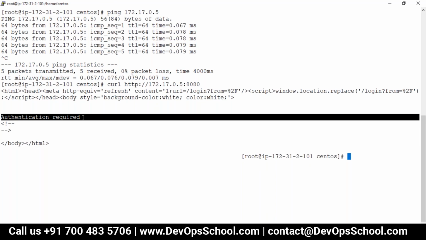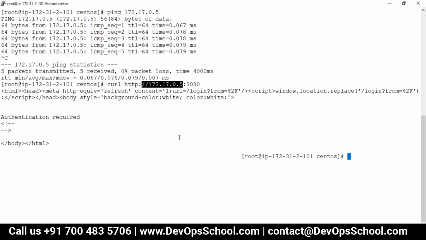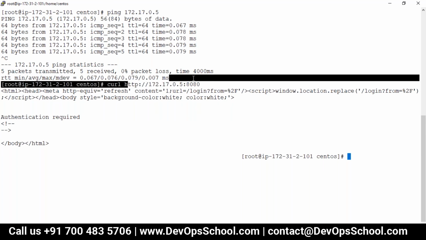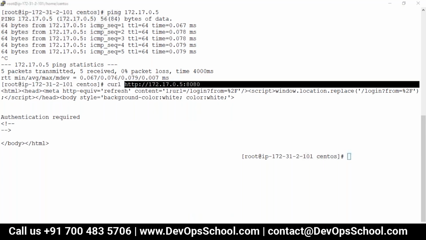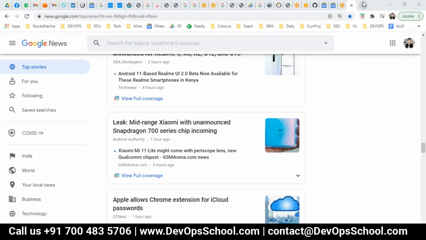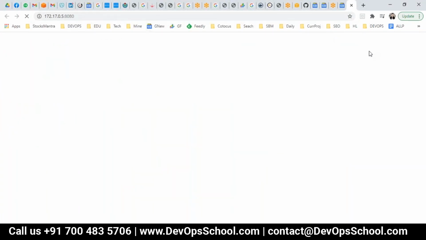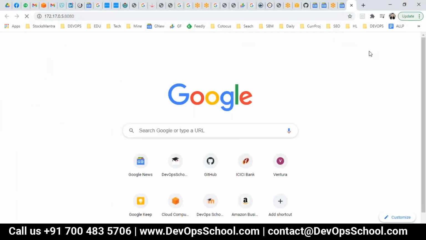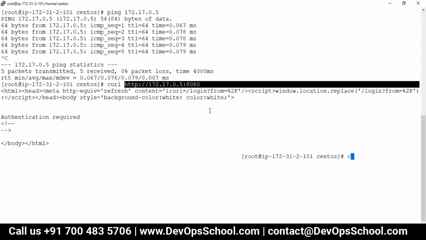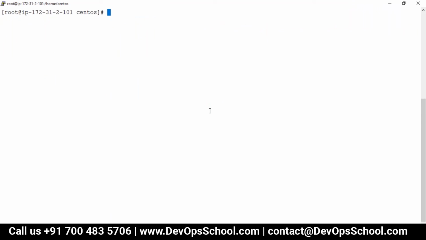I can access it, but can I access it from a browser? Because Jenkins is a web-based tool and I am not going to enjoy it without a browser. So can I access it? No, I cannot access it. Why? Because whatever IP address gets assigned to the container, the scope of it